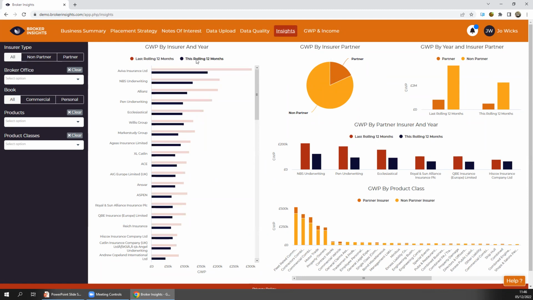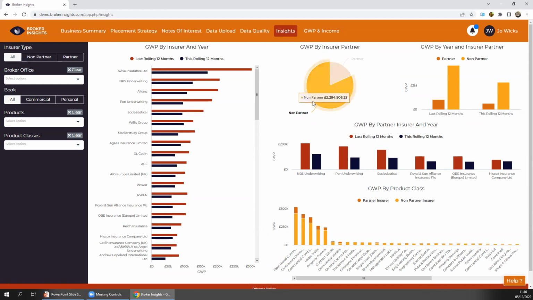Mine aren't great. My data is a bit out of date now, but it will give you an idea as to how your business is performing at strategic insurer account level. It'll break down your GWP by partner insurers and what you've got with non-partners, what you've got with partners over those rolling 12 months, and then break down those insurers and give you a bit of a strength. So how much have you grown those accounts by talking to our partner insurers? And then lastly, by product class, so you can see what you've got in your book of business, which are your most selling products, and what you've got with partner insurers and what you haven't.